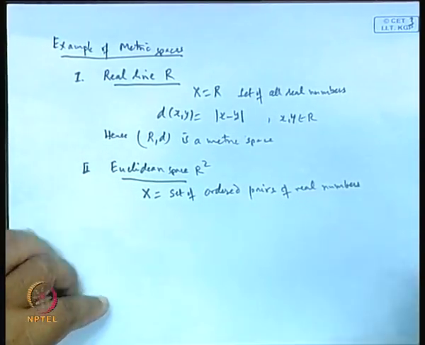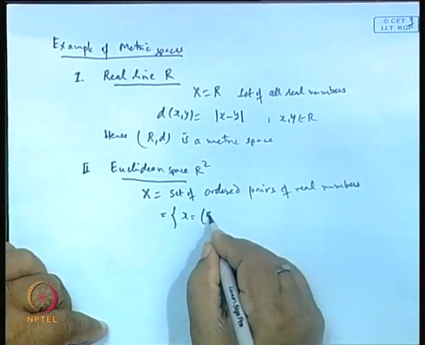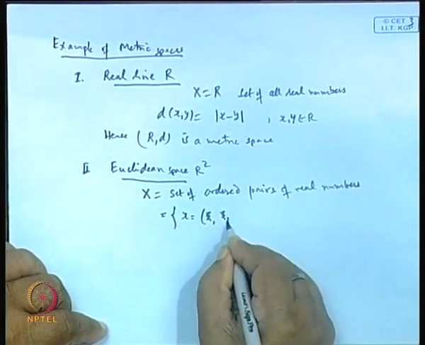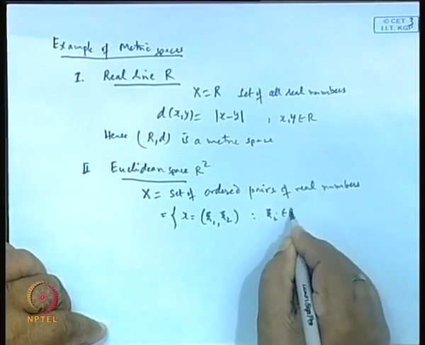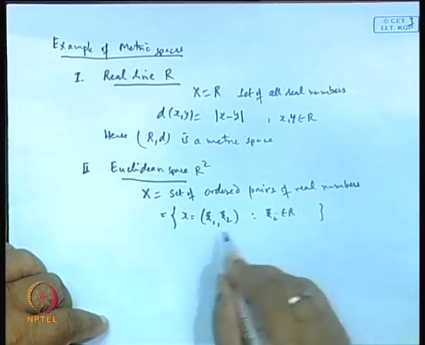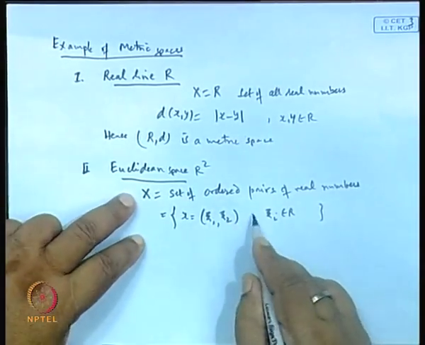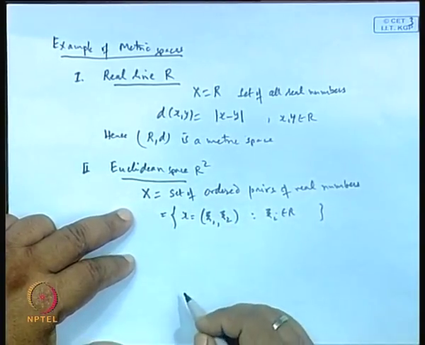Say for example, x equals (xi1, xi2), where the xi's are real, then this set of pairs which is in the R2 space, if we introduce